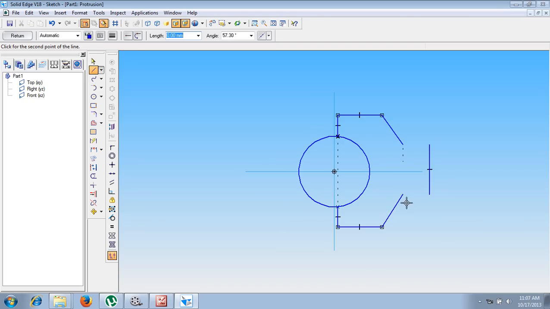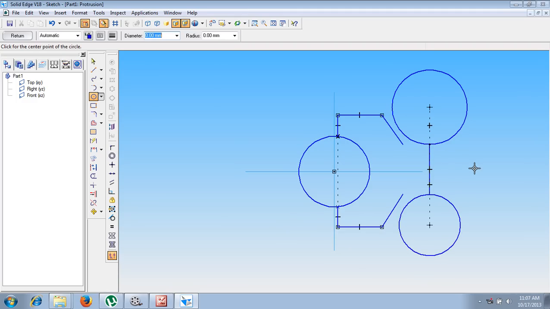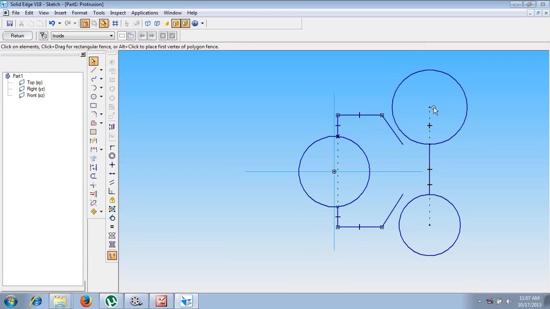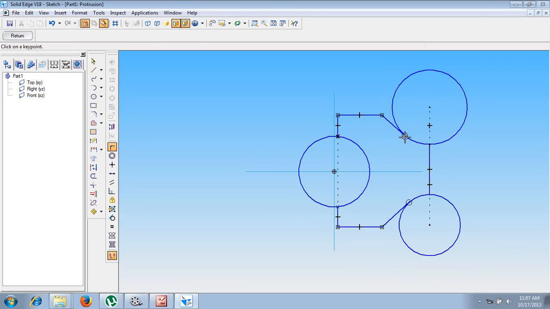After drawing these necessary lines, now make use of the command called circle by center point. Now just move the cursor here. You can see it is moving in the same fashion. Now place it here, starting somewhere here. Start the circles from here to here. Now you can see this defines that the center of a circle is with respect to this line itself. Now using the tangent symbol, this line is supposed to be tangent to this one, and it is also tangent to this one. Using the connect command, the end point of a line should be connected to the circle. Similarly, the end point of the other line should be connected to the circle.